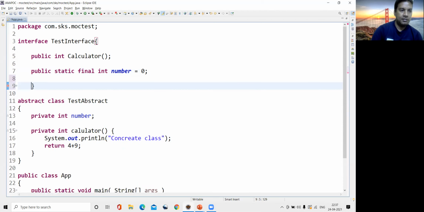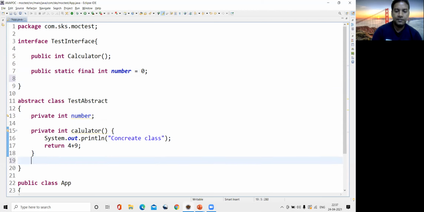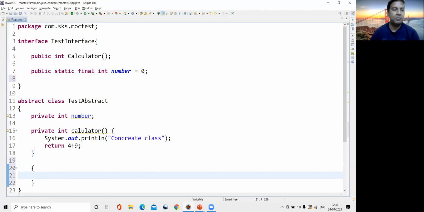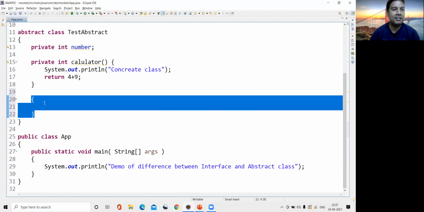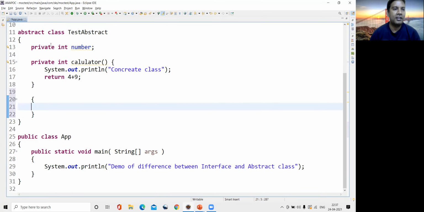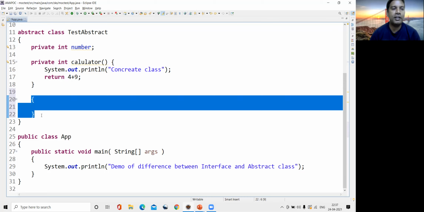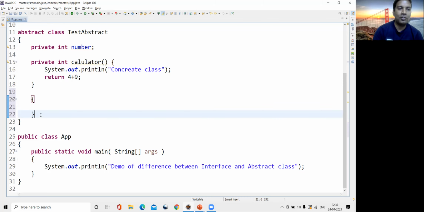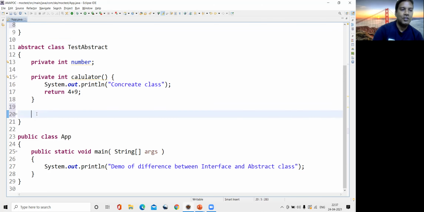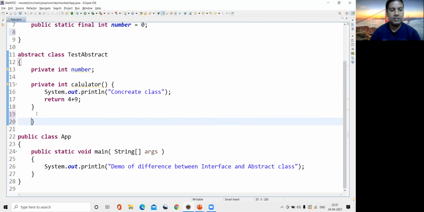But in the case of an abstract class, come here, and you can happily declare it. No error is coming, no warning. Eclipse is not giving you any kind of error, even for the static block. So this is the difference. Let's move ahead.